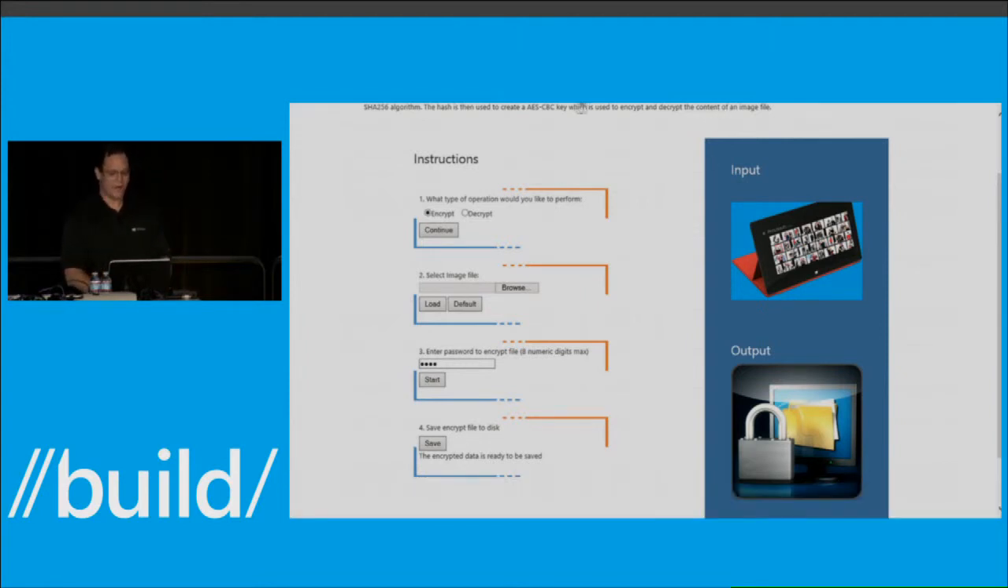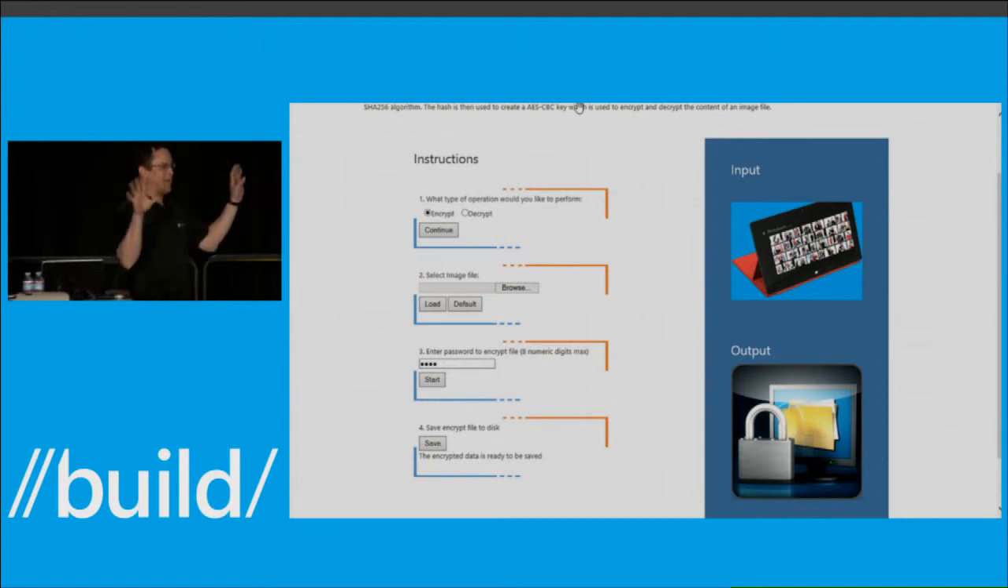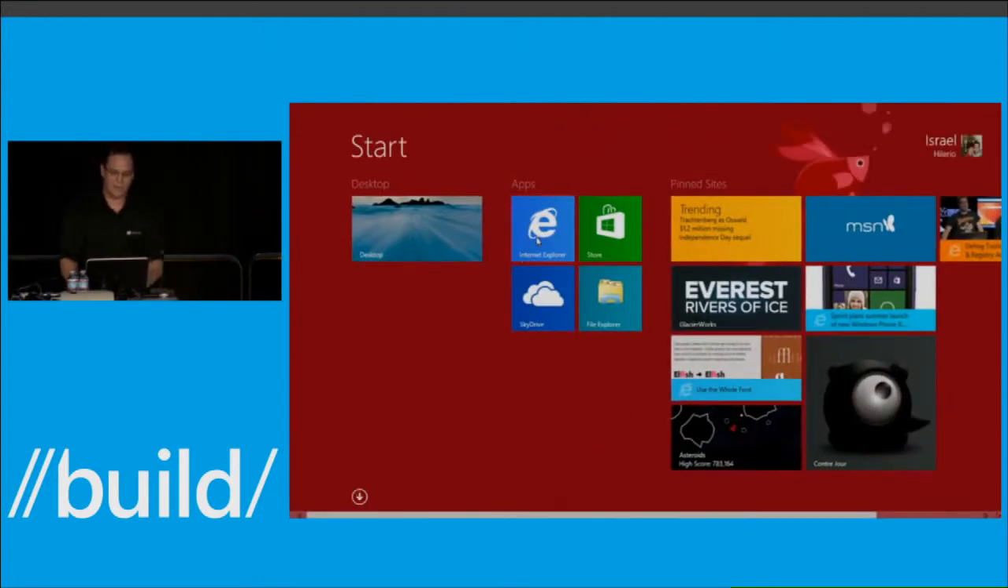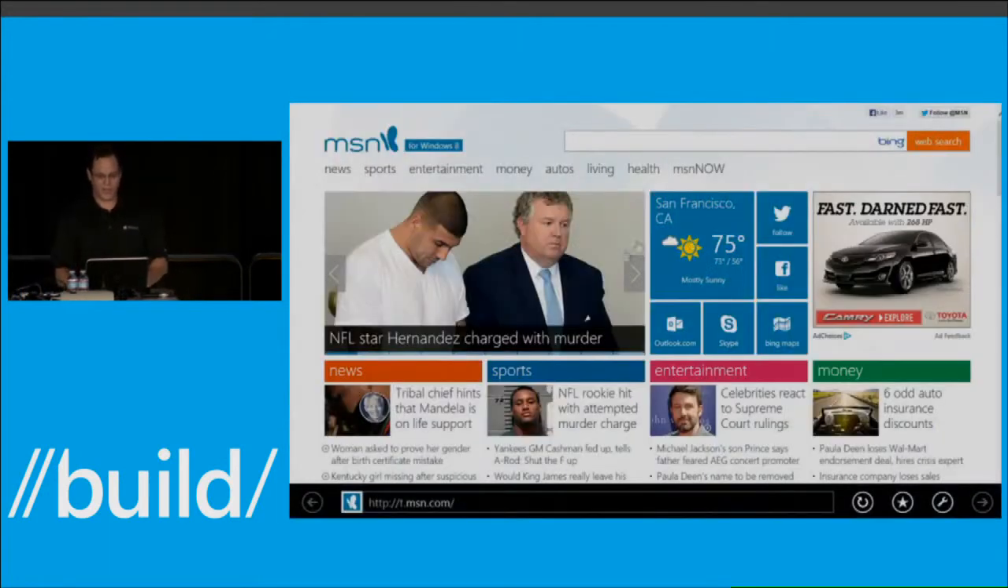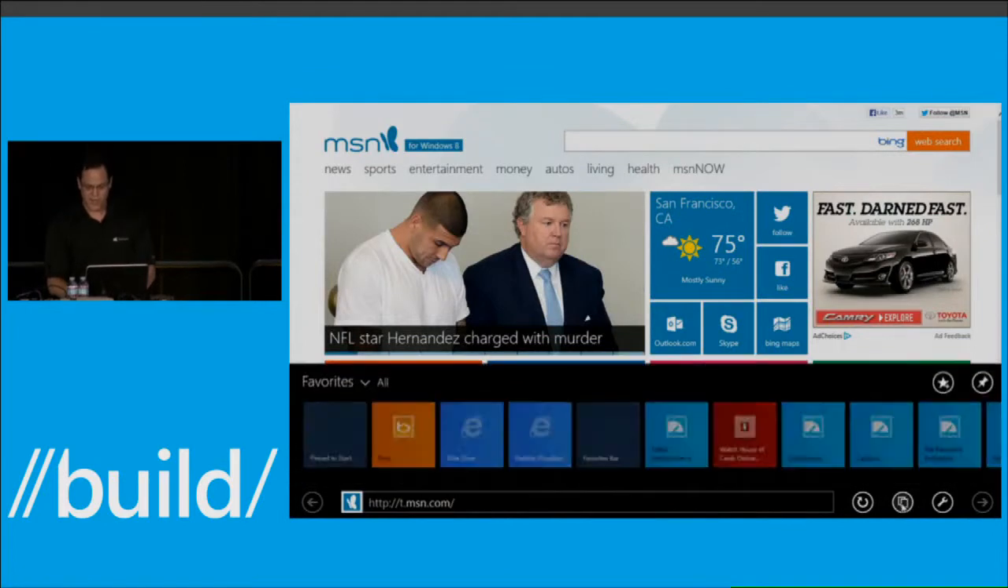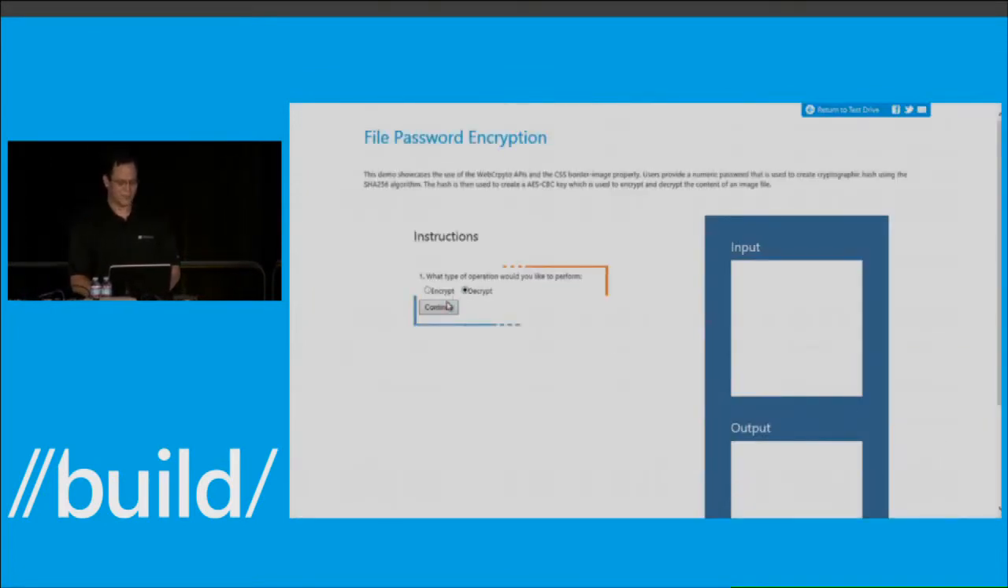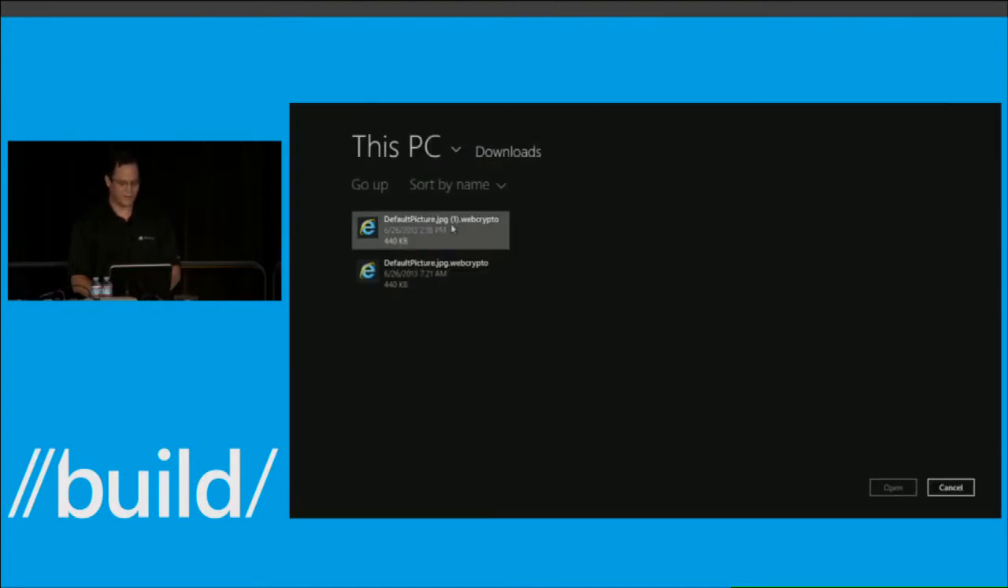So now, to make sure that you understand that I'm not keeping any state, I'm going to kill the browser, right? So there's no state being kept in the browser at this point. I'm going to start again, go to the same site, and I'm going to select now decrypt. I'm going to browse for this file, open it,